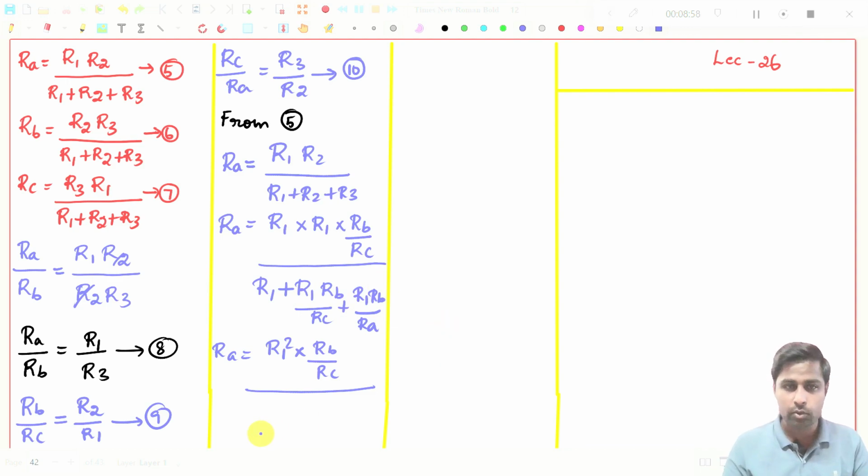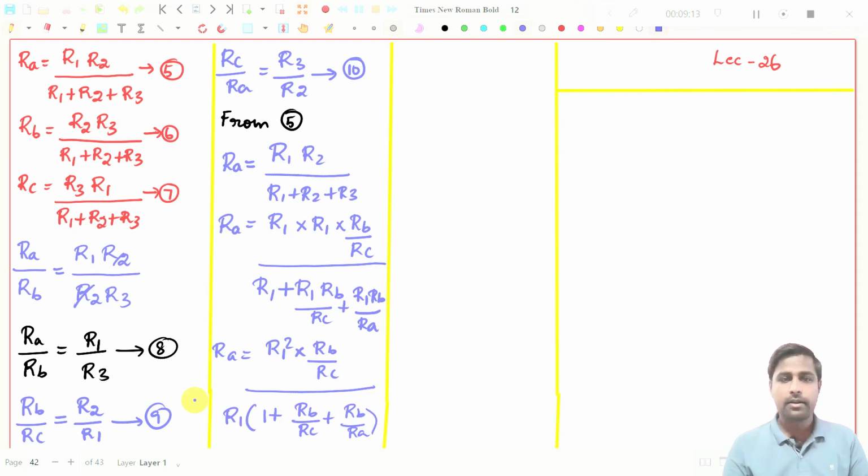So what I will get: 1 plus RB by RC plus RB by RA, right? Now obviously we can cancel this R1 with this R1, right? If you take LCM and simplify this, RA will be equal to,